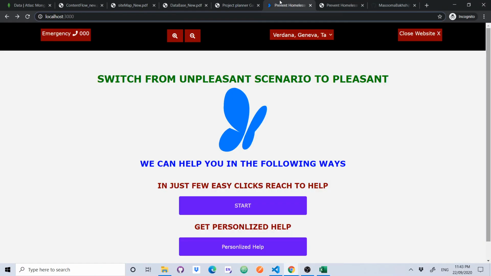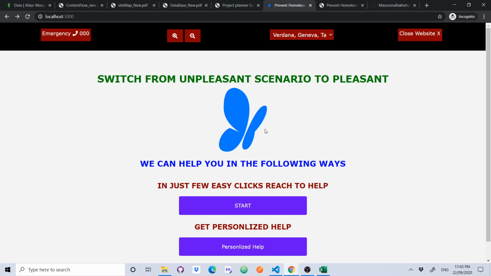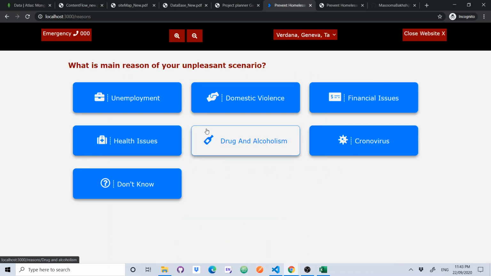So let's dive into the actual demo of this system. As I mentioned, on the home screen, it is running on my localhost right now. I have used this rough logo, an icon of a butterfly, because it symbolizes the project right now. So what is this actual solution? There are two solutions: the old one, in just a few easy clicks, reach help, or get personalized help with the new one. When you go to the old one,